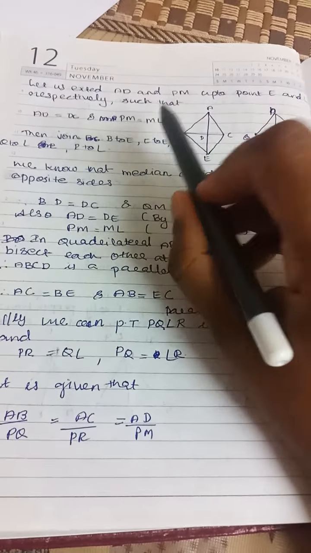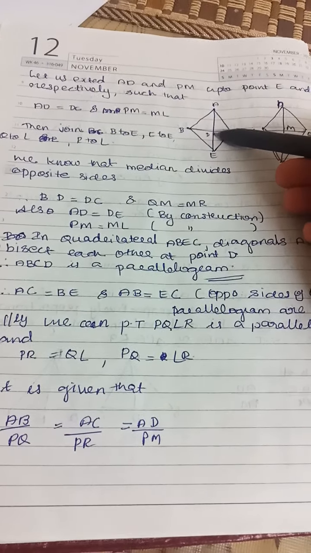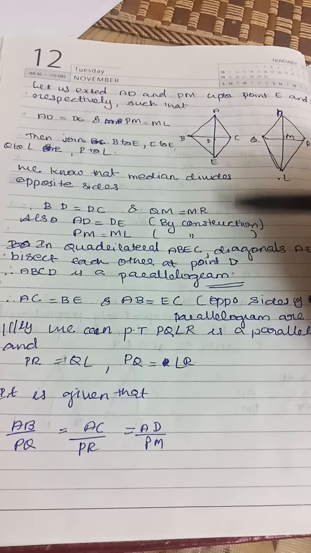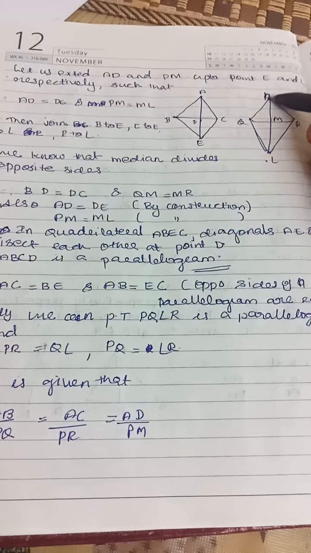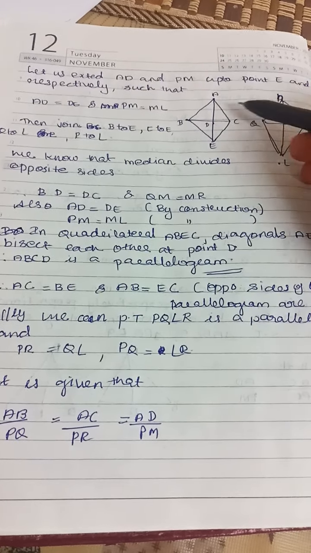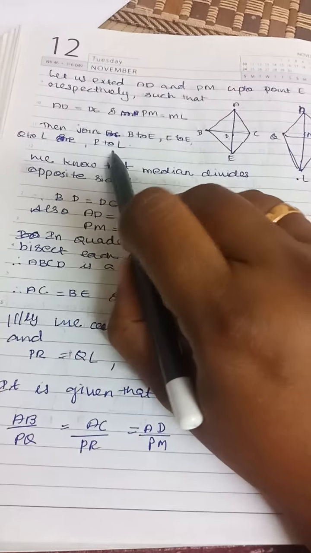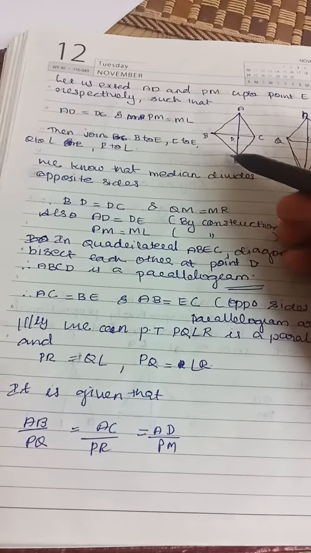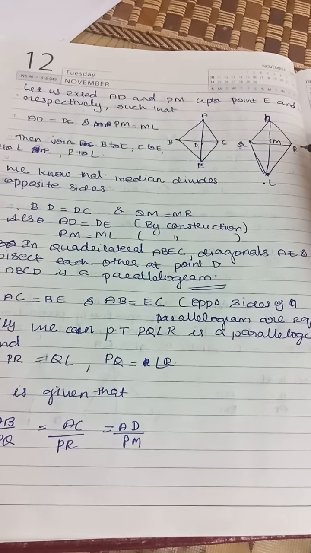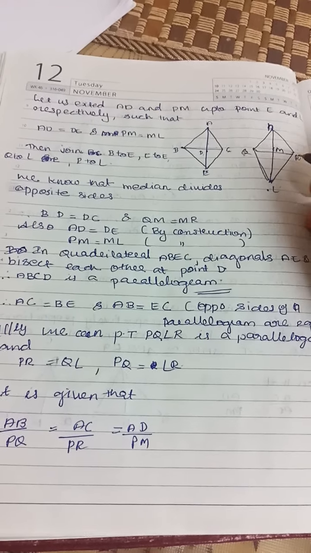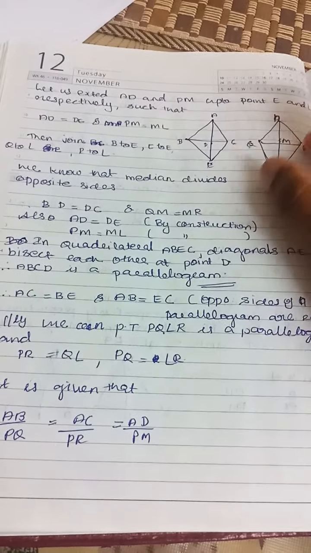Okay, so we can write here such that AD, from here to this one, is equal to DE, from here to this point. Again, this one PM is equal to ML. So I have extended this line which is the same as this line. After that I am joining B to E, and C to E here, and Q to L, again P to L. So now I extend this line, so we will get another quadrilateral here, here also one quadrilateral.